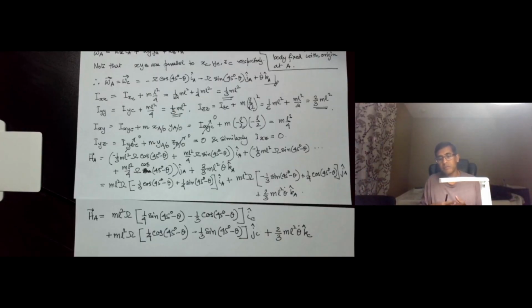But this is then part 2 of the problem, where we essentially show how the angular momentum of this square disk with two different degrees of freedom or two different rotations can be calculated first with respect to the center of mass and then shifting it to A. And alternately, we can calculate directly with respect to A. With respect to A, the only issue is that we have to now consider the products of inertia, and we have to consider the parallel axis theorem to move the products of inertia as well as the moments of inertia from the centroid to the point A. So that introduces some extra calculations,